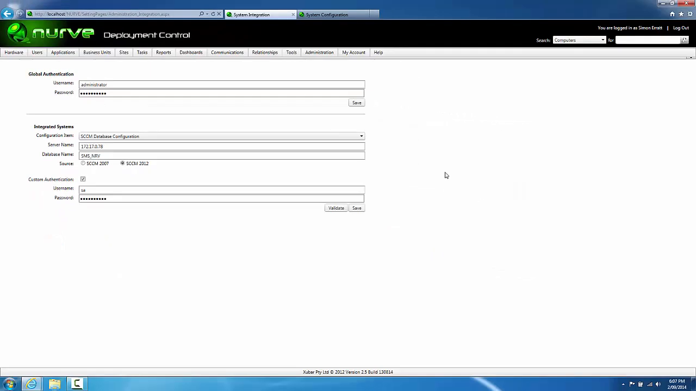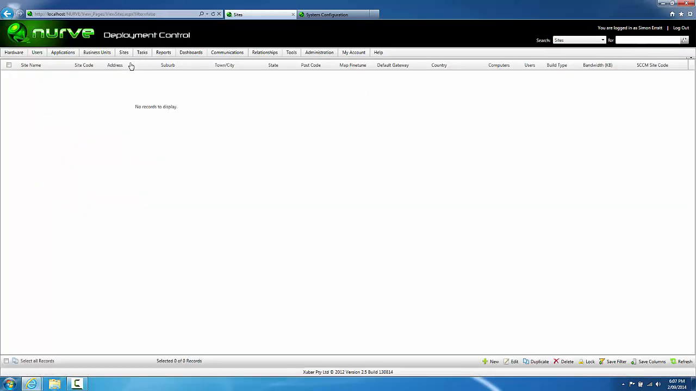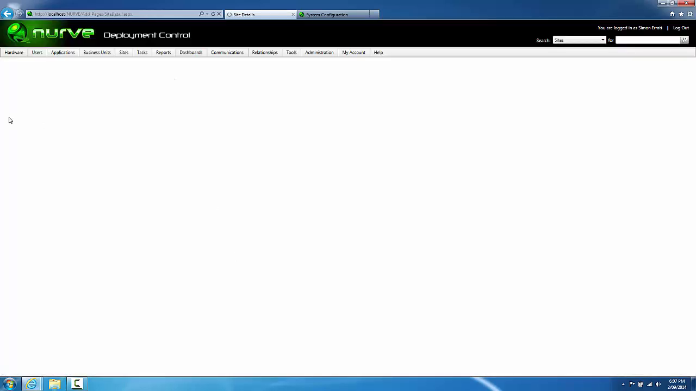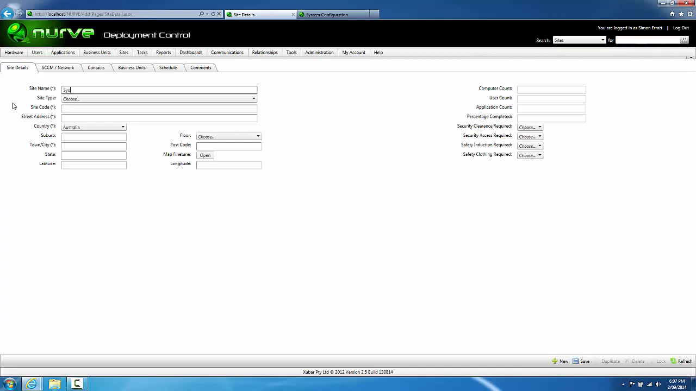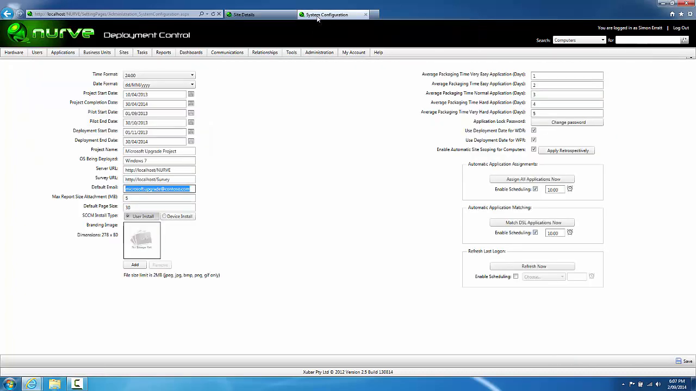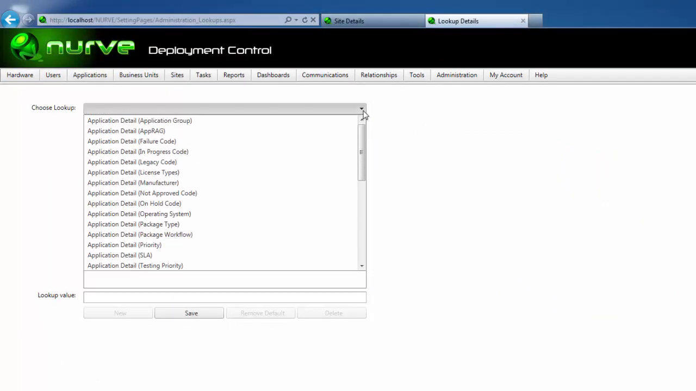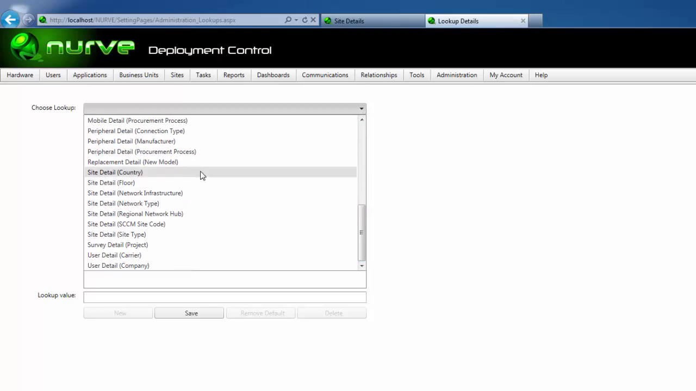Okay, sites. Sites is the next thing to do, and this is one of those tasks that really does help define your project scope. Now, you could go and individually put all those sites in by clicking new, and we'll do one. Let's say Sydney. The site type, we don't have any site types at this stage. Actually, like just about all the drop-down menus, these are highly customizable. I'll show you how. You go to Manage Lookups and Site Detail,